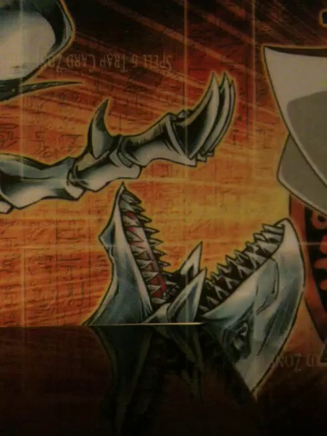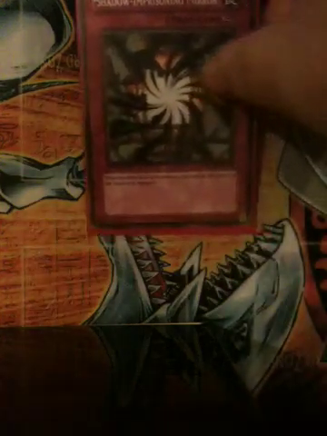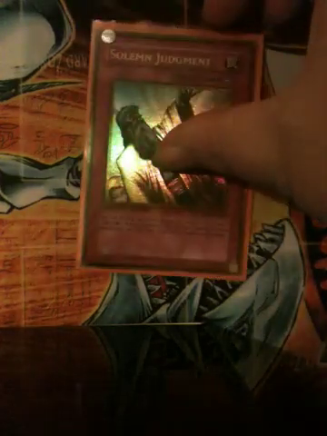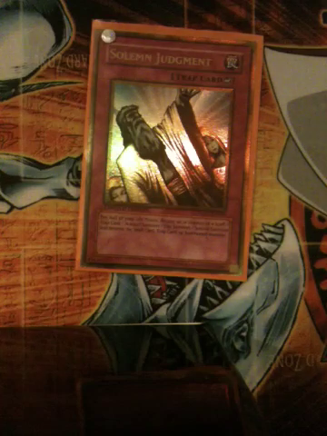Options for the side deck, I would definitely be putting in trap cards in my side deck so I can side them in. Examples of trap cards I would probably use would be Shadow Imprisoner Mirror, really good against Inzektors. Solemn Judgment. I will also be using cards like Mirror Force, Solemn Warning,